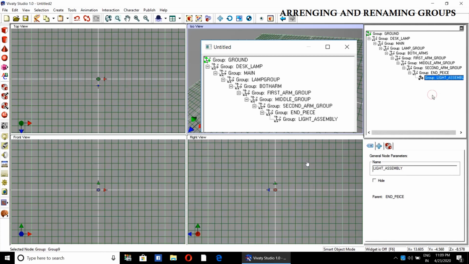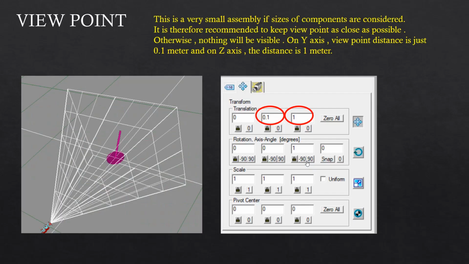So here we have created the groups one below the other and properly gave them appropriate names. Now this is a very small assembly as far as the size is concerned, so that's why you have to keep the viewpoint as close as possible. Remember that these are the two crucial coordinates of the viewpoint.